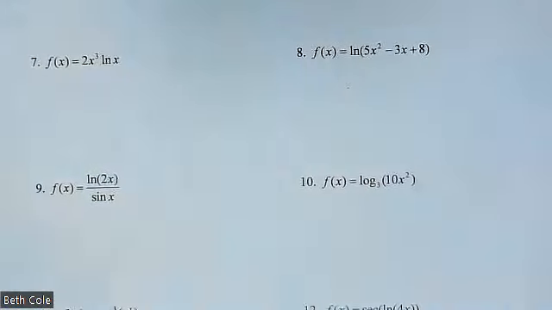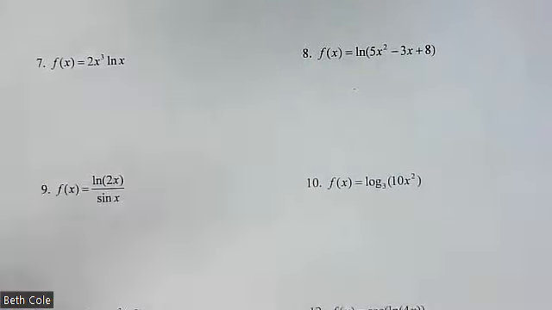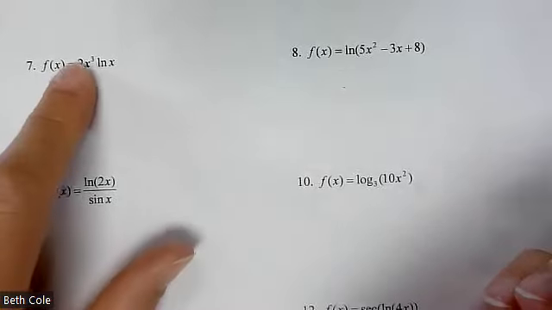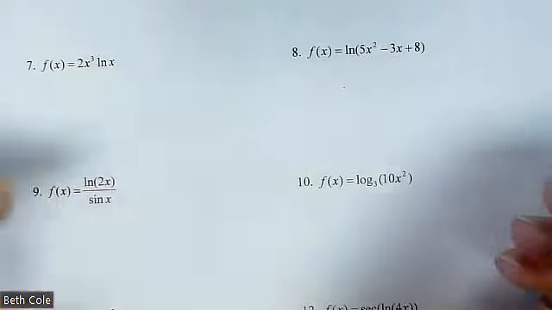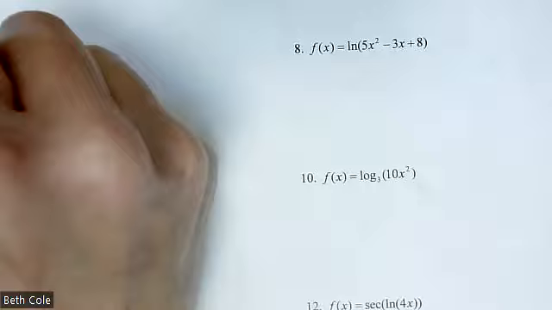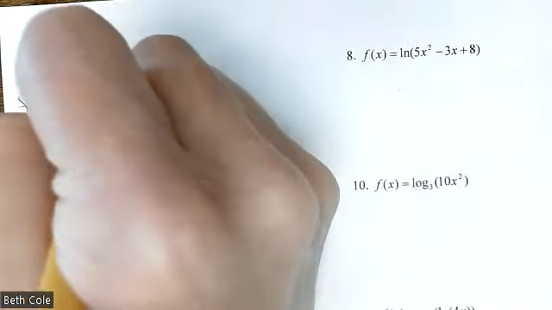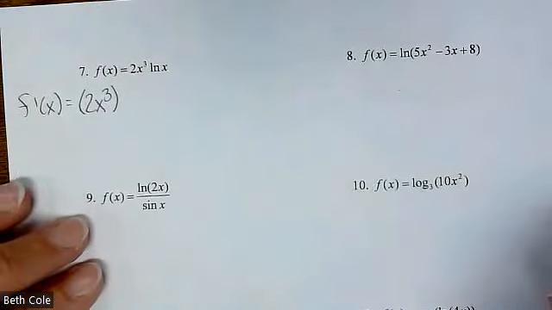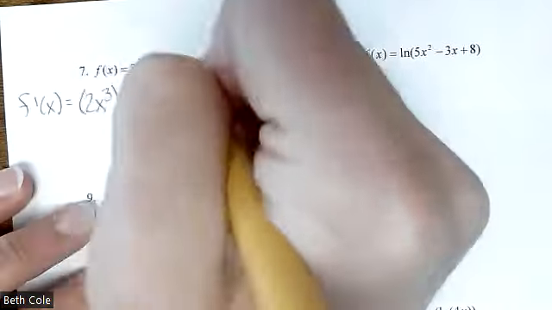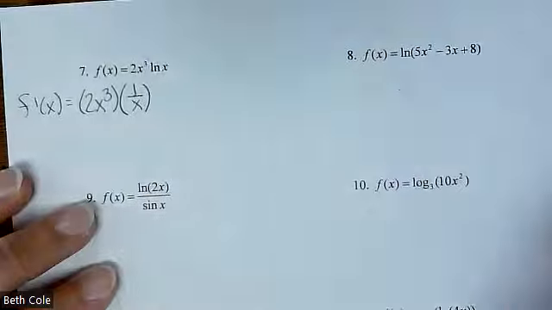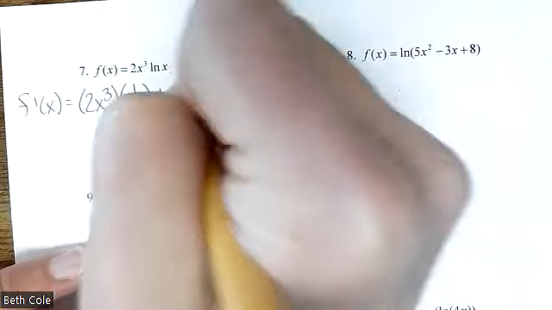All right, what rule do we need for number 7? Good, product. The first thing is 2x cubed. The second thing is ln of x. So it will be the first thing times the derivative of the second, which is 1 over x, plus,